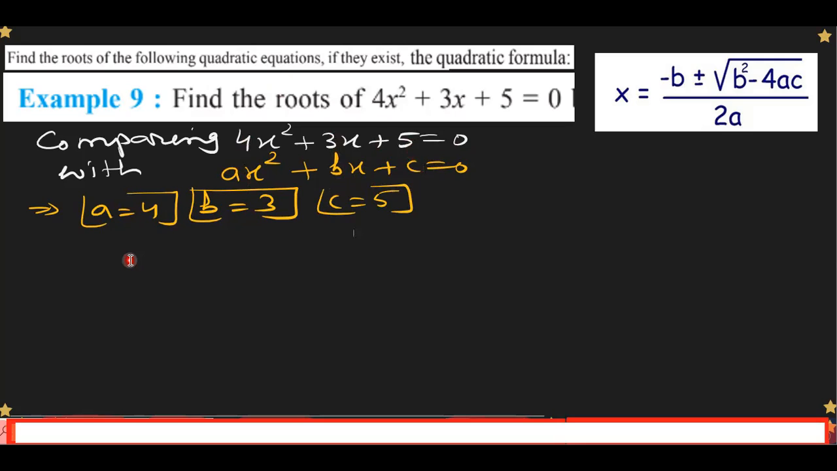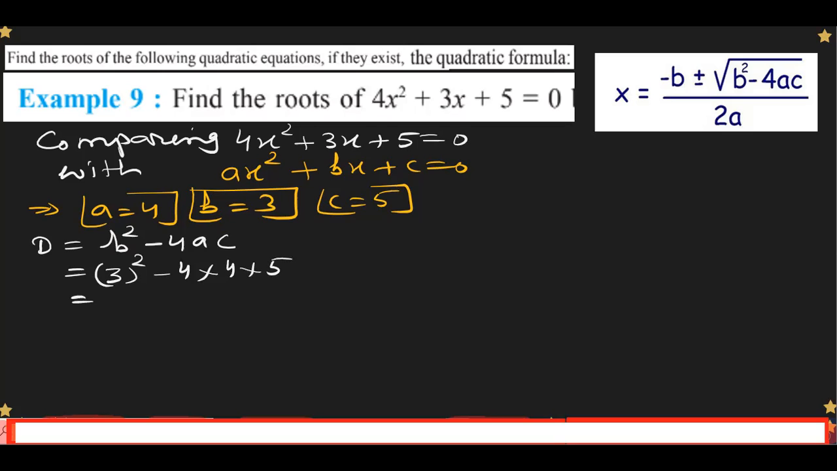So पहले हम a, b और c को डिटरमाइन कर लेते हैं. उसके बाद we find out the discriminant. डिस्क्रिमिनेंट से हमें नेचर ऑफ रूट का पता चलेगा, that is b square minus 4ac. So 3 whole square minus 4 into 4 into 5, so that is 9, and this is minus 80 minus 71, and that is less than 0. So we write here answer,